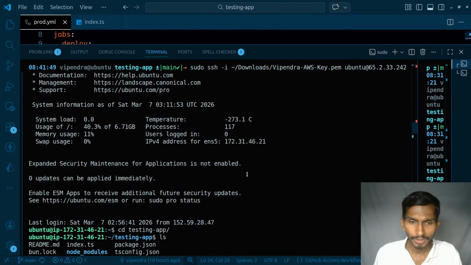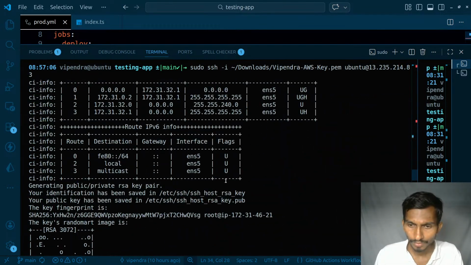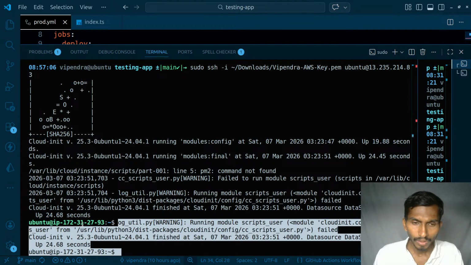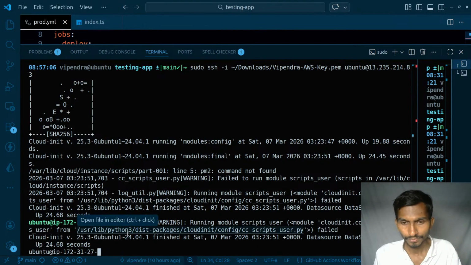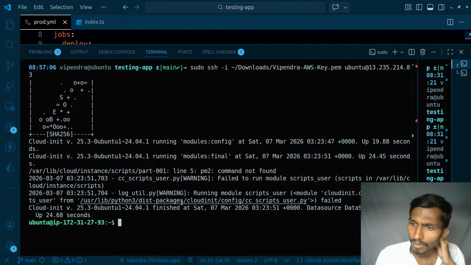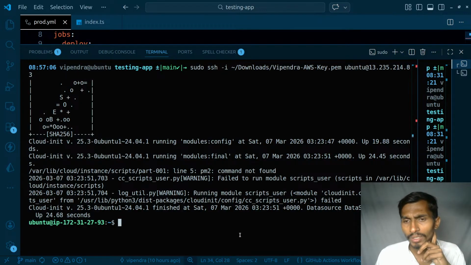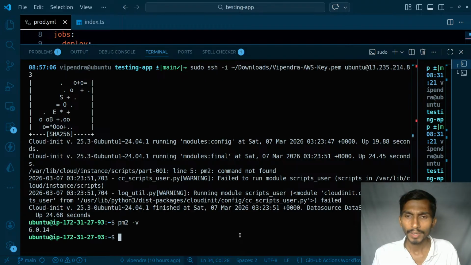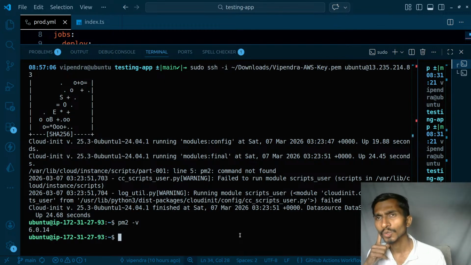So at the end of the day, this is what I have, and over here logs warning running script user modules cloud config, and var lib cloud instance. PM2 command not found. Interesting. PM2 is not found. PM2 version, I have PM2 over here, but it is saying that it is not found,